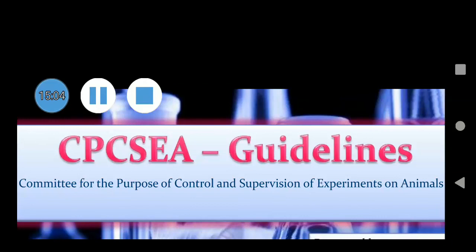These are some of the guidelines, CPCSEA guidelines provided, that is Committee for the Purpose of